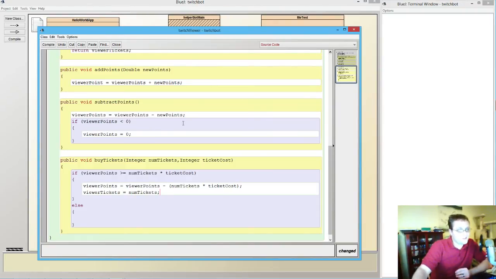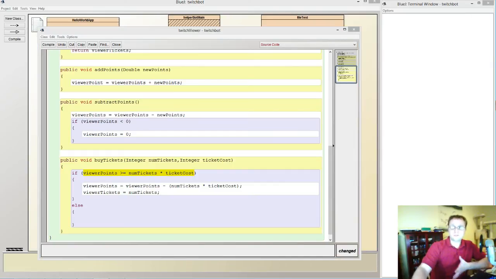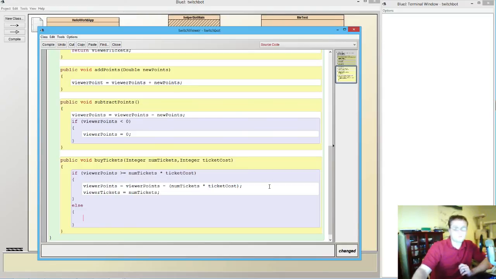Okay, so this is what we're hoping for. This is the ideal condition. We want the person to have a number of points capable of purchasing the number of tickets that they've selected. Not always going to be the case. So that's what this else is for. We'll probably do a couple more instances just to make sure that we have the logic down. So if the viewer points is not greater than or equal to the number of tickets,